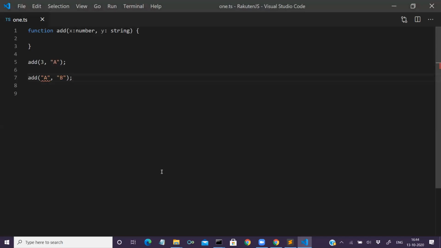So please see this. Now, Visual Studio Code understands TypeScript. Okay. So its IntelliSense will give me an error here. Error because